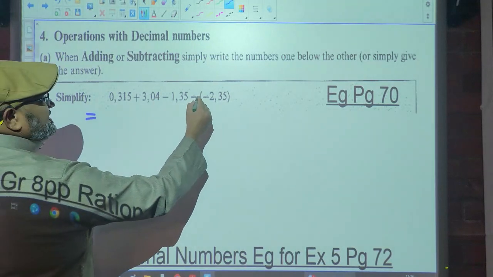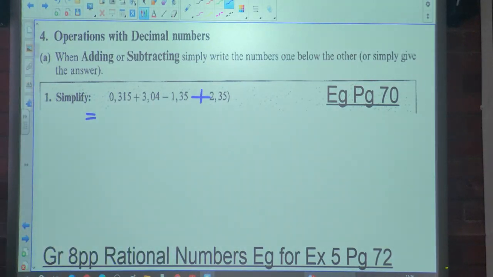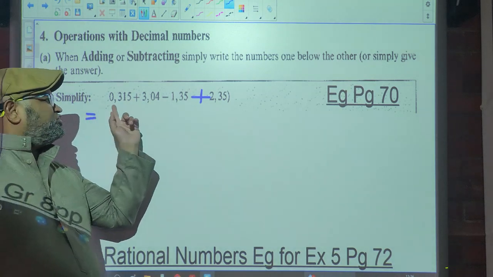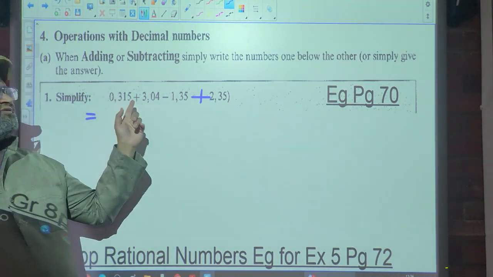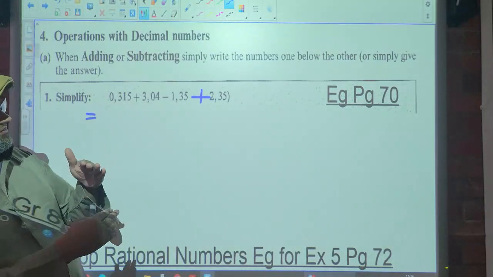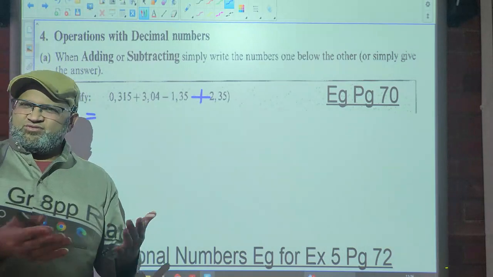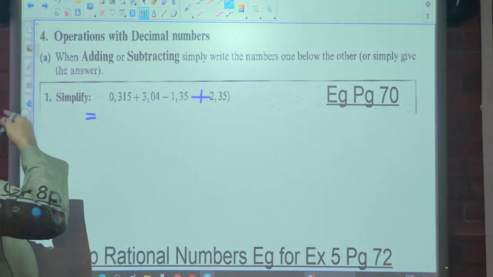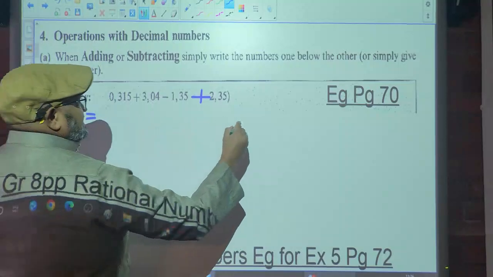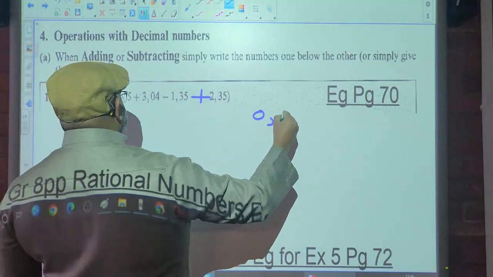So negative times negative is a positive. What we do is we take all our positive numbers and add them together, all our negative numbers we add together, and then we subtract the two. That's one way of doing it. Otherwise, you could have 0,315 plus 3,04 minus, and then add afterwards if you like. So I'm going to take all the positive numbers and add them together. So this is going to be simply 0,315,